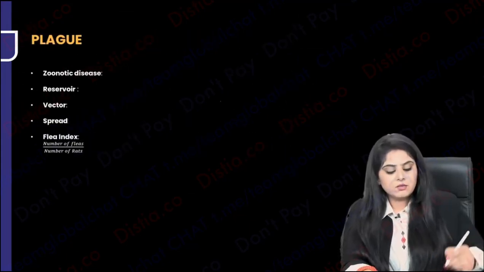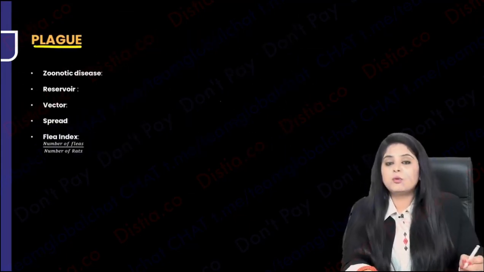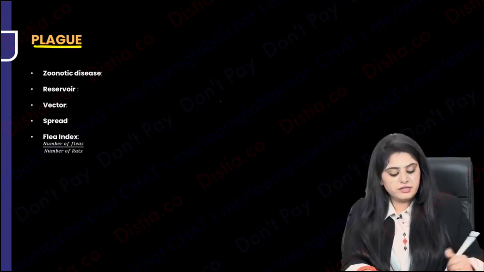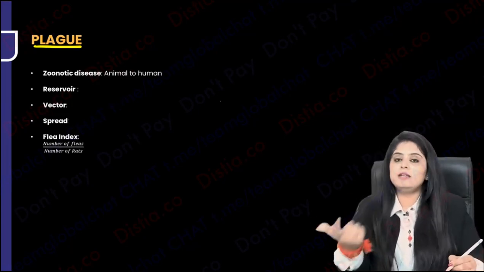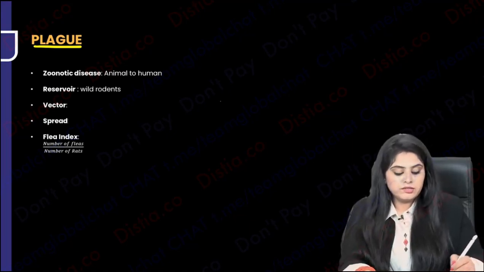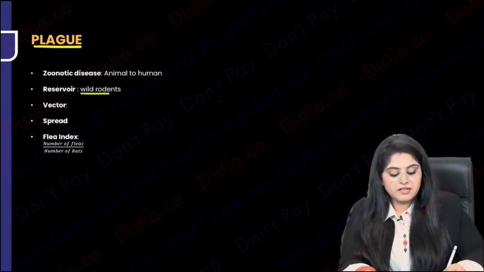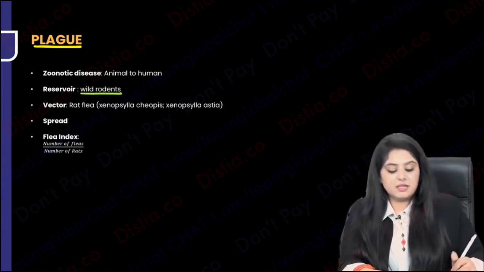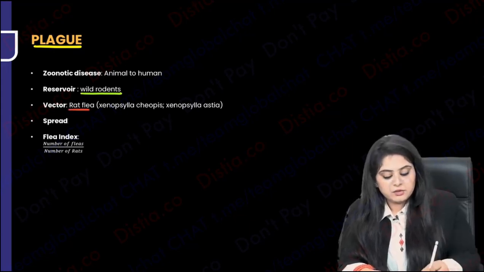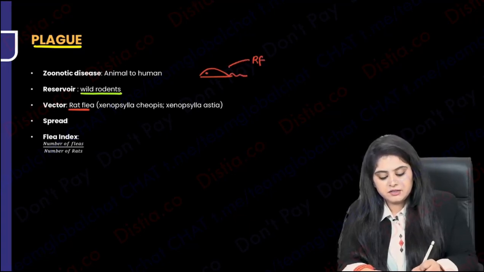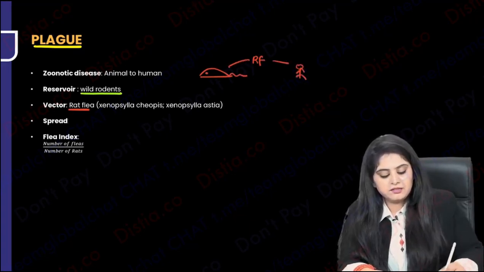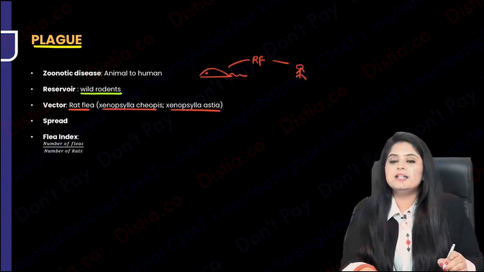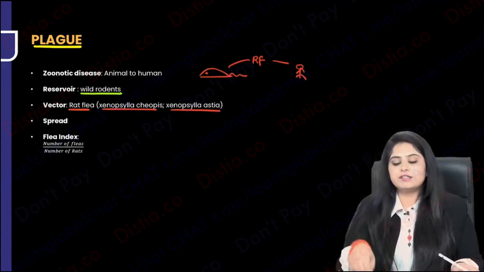So first let me start off with what kind of an organism or what kind of a disease plague is. It's a zoonotic disease. Zoonotic means it's coming from the animals to the humans. So who is the reservoir? We know this is a rat disease, and who brings it to us from rats? Of course, that is Xenopsylla, the rat flea. So there is a rat, and via a rat flea, it comes to us. That is Xenopsylla cheopis or astia. Different species are in North India and South India.